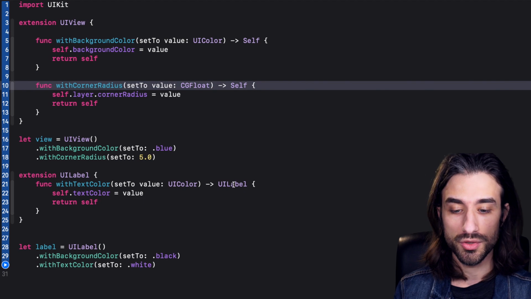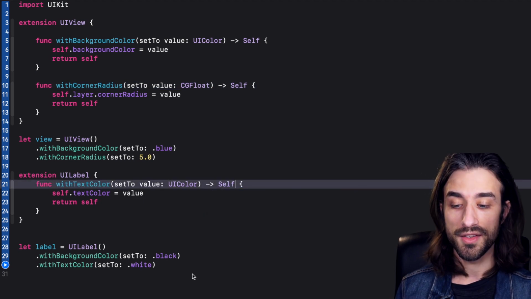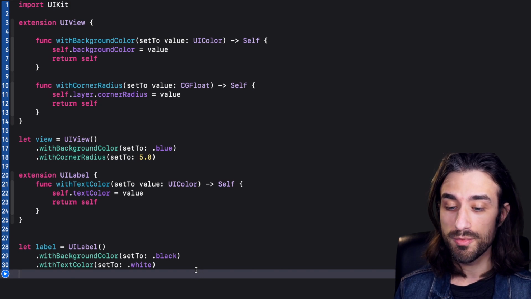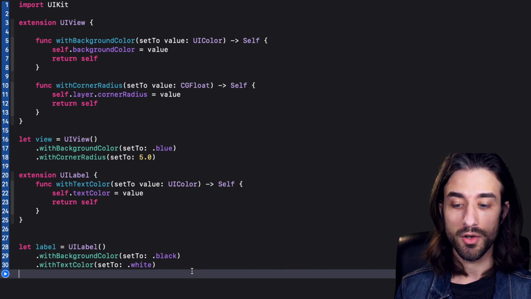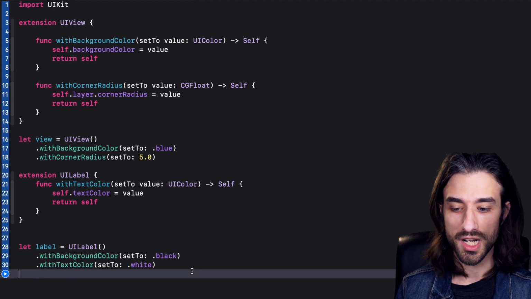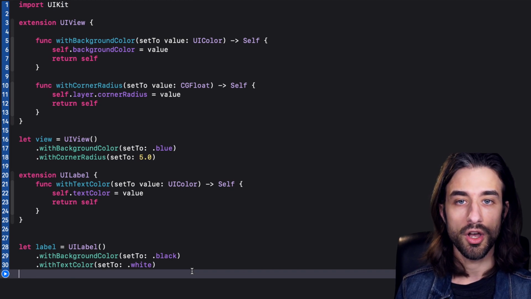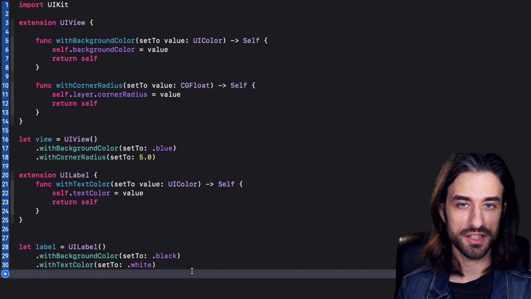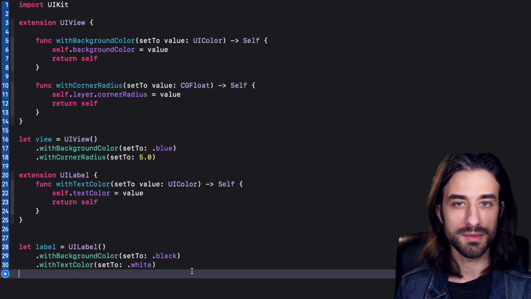And I'm going to do, of course, the same with my UILabel method here. And now you can see that my code is building, because since I am calling withBackgroundColor on a UILabel, withBackgroundColor now returns a UILabel, and so I can call withTextColor on this return value. So that's it for this explanation of Self with a capital S. And as we've seen, this keyword can be very helpful whenever we have a big hierarchy of classes and we want to define some methods in the base classes, but we still want to have a lot of flexibility when we call these methods on the actual subclasses.